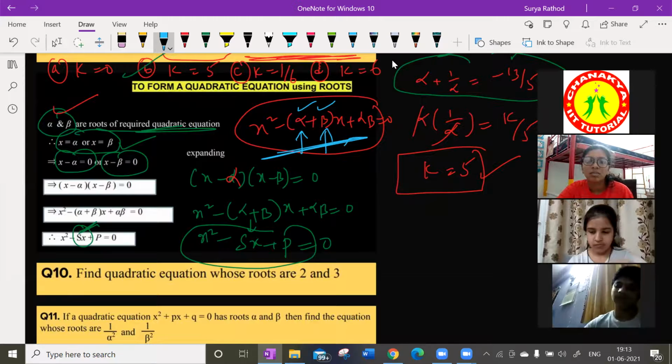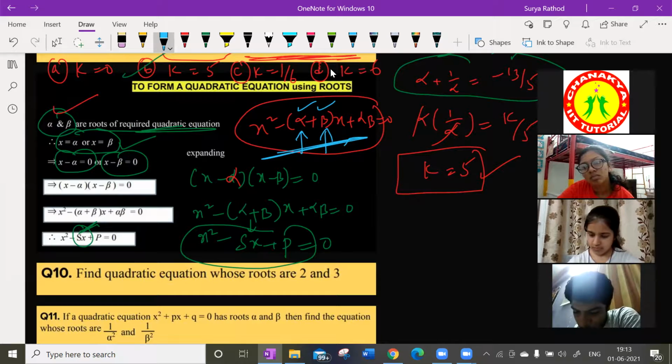I hope you understood this concept. I'll be sharing this entire PDF in Google Classroom. Please go through that and revise before coming to the next class. I thought of finishing quadratic equations and complex numbers within 10 to 12 classes, but I'm not getting cooperation from you guys. Cooperation in the sense you are not listening to the teacher. You are turning off your cameras. You are not studying well. You are not revising the notes.